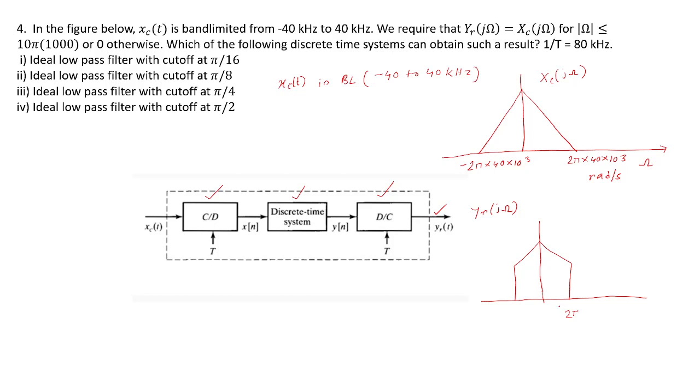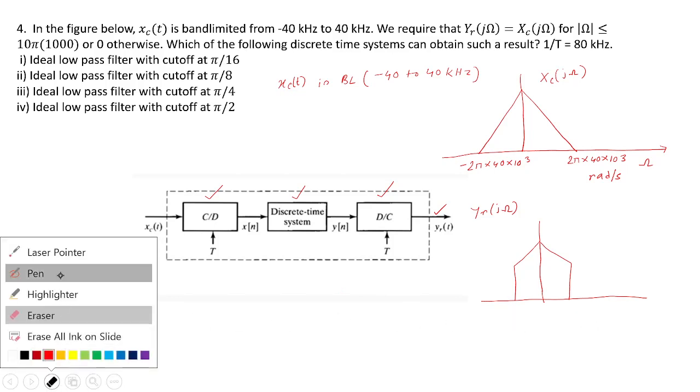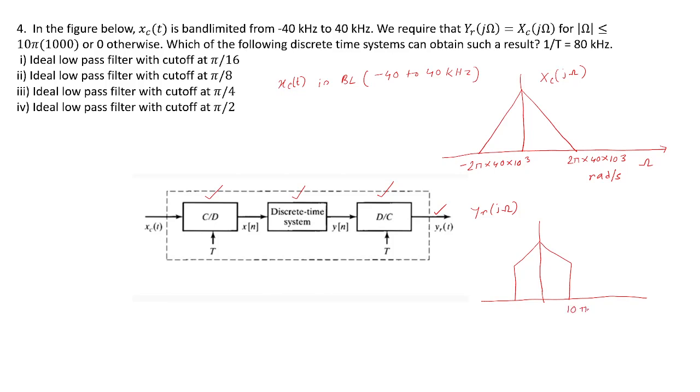It is 2. Okay, let me write it in the way as it's given in the question for conceptual clarity. 10 pi times 1000 minus 10 pi times 1000. Basically, we have to find the equivalent discrete time system which only keeps this portion of Xc of j omega, and whatever is outside, in this region it should cut off. It's another way of saying we need to filter this portion. We need to filter this portion out by this discrete time system, which will cut off the rest of the part. Okay,